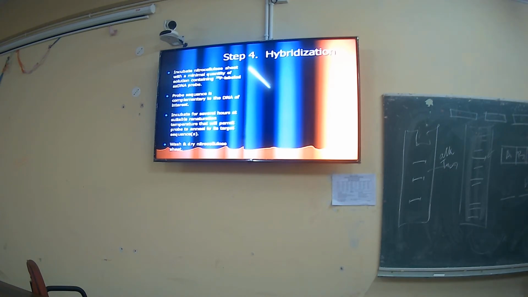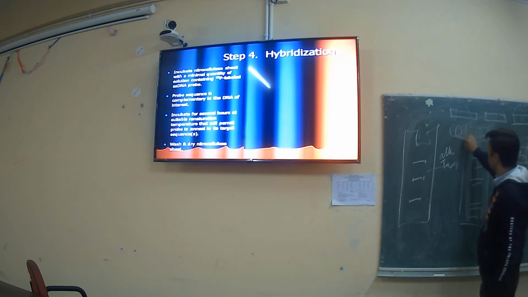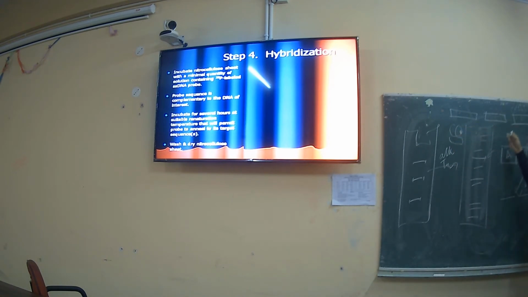Suppose you never know about the sequence which is present in C. C's sequence is AGTC or AGC, whatever. So the first problem is that you have to find the C fragment in all these 3 bands. This is the problem now. Suppose your gene fragment is this, and here is your C gene of interest. So how can you say that this C gene is found in this segment, or in this segment? So there should be a technique which can identify that your gene of interest is present in this fragment.